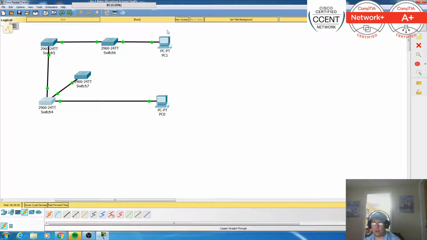So PC0 wants to get to PC1, but it doesn't know how, and neither do the switches. So how do they work? They use broadcast. PC0 will send over here to the switches and say, hey, where is PC1? And then it gets to switch 4, the first switch that it arrives at. It's going to look at its MAC address table. If it does not find the entry, it's going to send out a broadcast frame asking the same question,